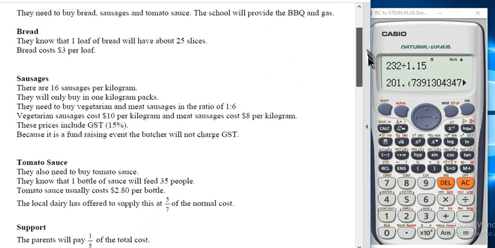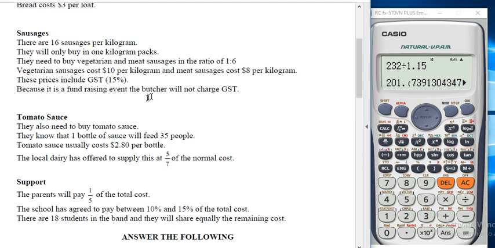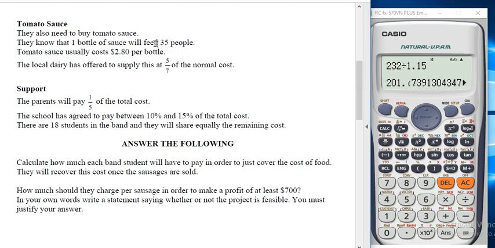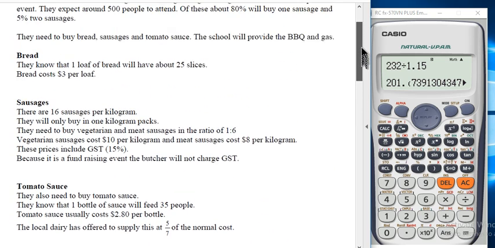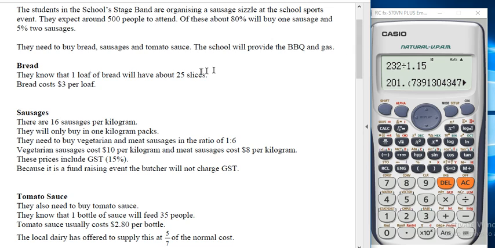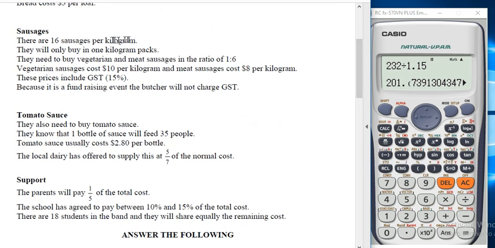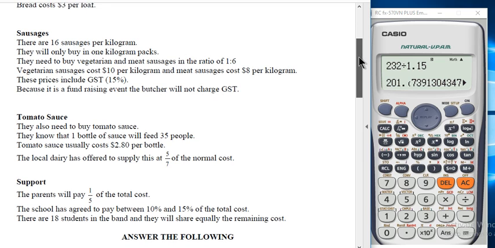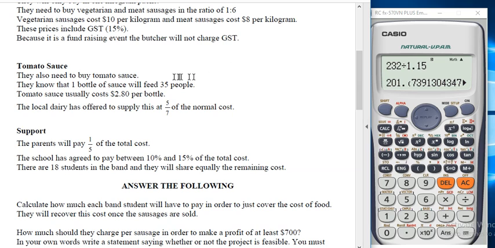Alright, so let's go back to what we're doing over here. We've worked out the sausages, we're now onto tomato sauce. So this is the same sort of thing of division, right? It's very, very similar. You've got a big loaf of bread, which has a certain number of slices in it, and you had to divide. We had a big kilogram packet of sausages, and it had a certain number of sausages in there, and you had to divide as well, divide by 16 in that case. And now we have a bottle of sauce,